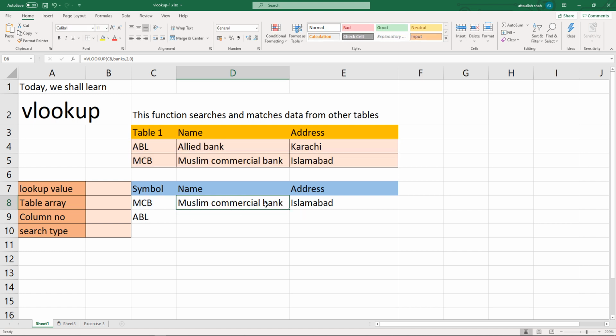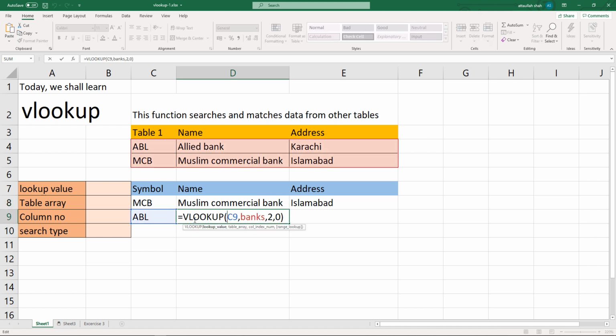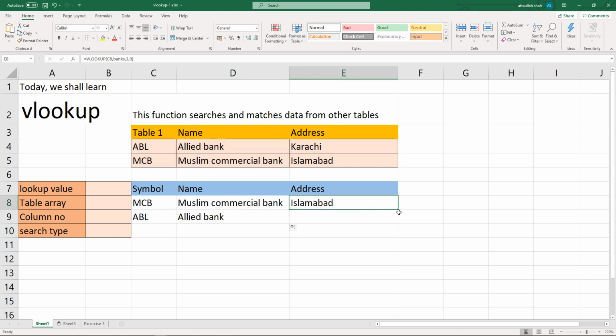So we can drag it to the second cell, and it should automatically be Allied Bank. And similarly, we can drag it and it should be Karachi. So this is how the VLOOKUP function works.